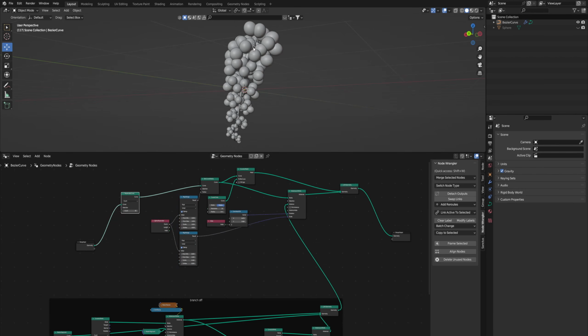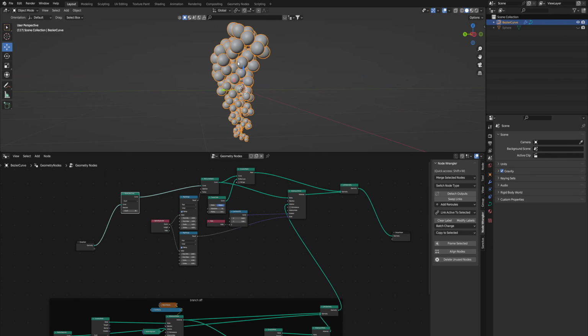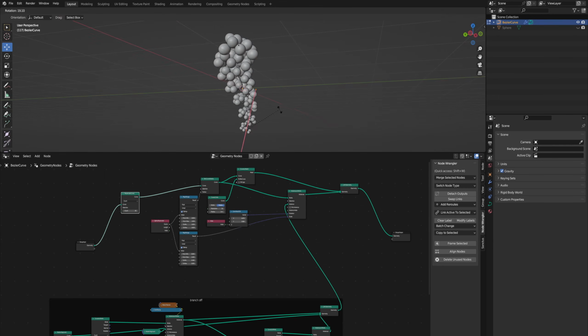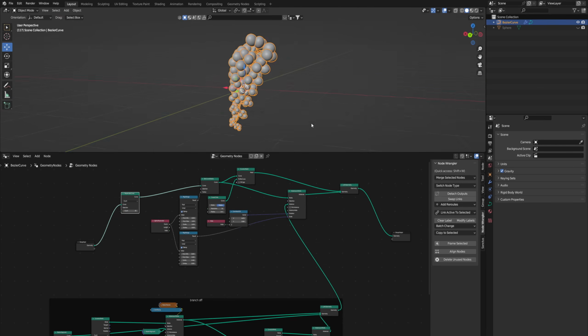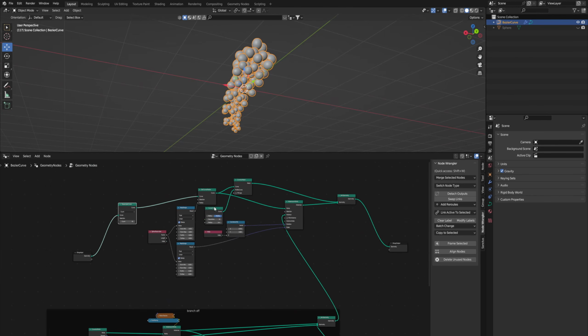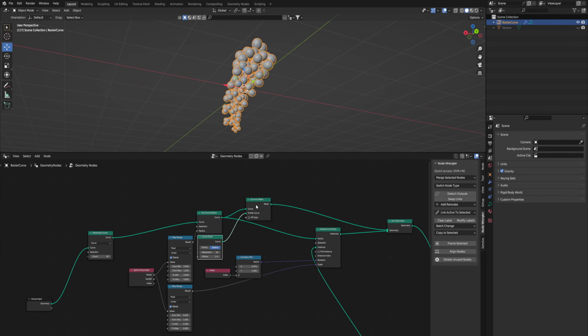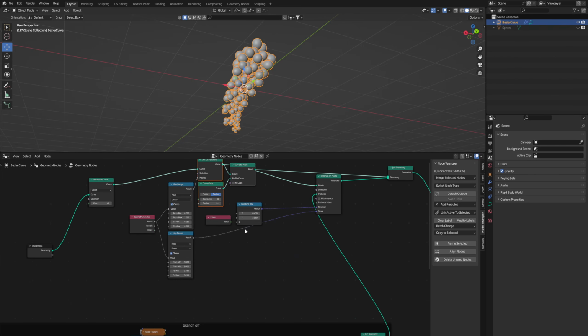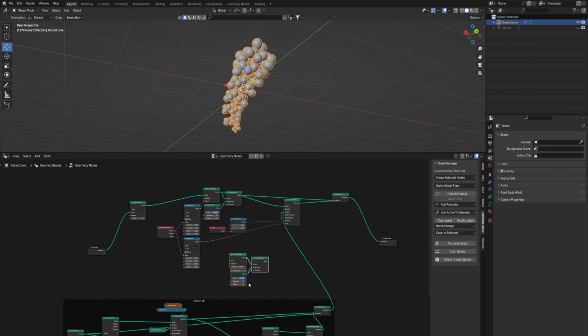So now that we have the grapes instanced, the branches have no thickness and it's a little bit basic. It's just kind of going down in a straight line. So you can always change this by changing the actual curve itself, but I'm going to show you guys how to use a noise texture to affect that too. First, we'll need a thickness for the actual branches. So the same thickness profile that we used for the main stem, I'll use that for the branches too. That curve radius, curve circle, and curve to mesh. I'll just copy and paste those down here.